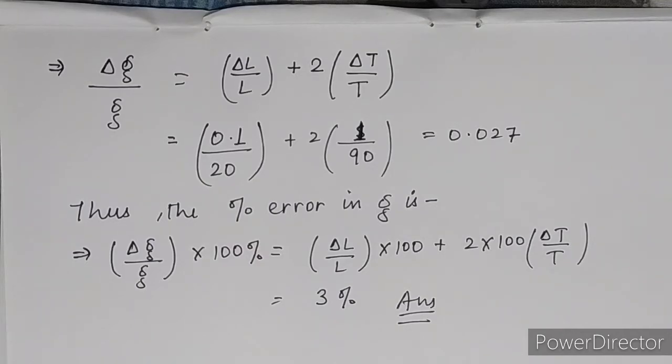Now this is about the errors, the combination of errors. The 5 types of combinations of errors are there that we have solved. Okay. Now moving ahead with the next topic, the dimensional formulas. Okay, of dimensional formulas we have to solve.